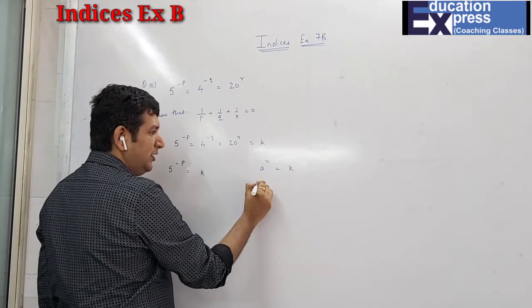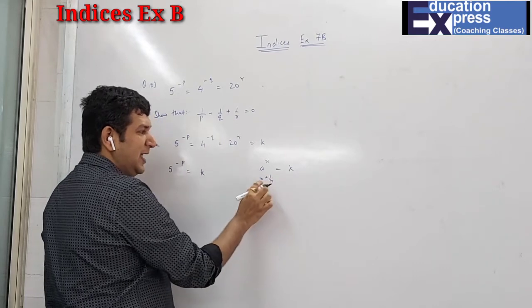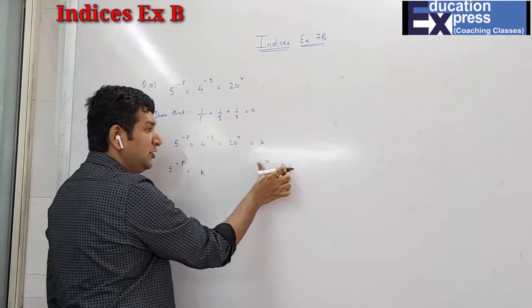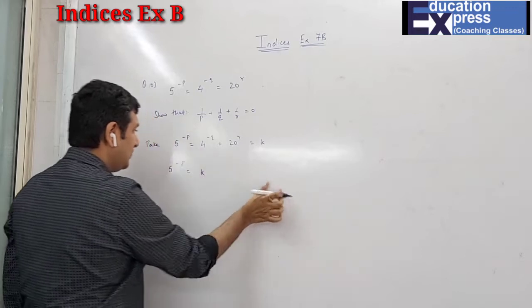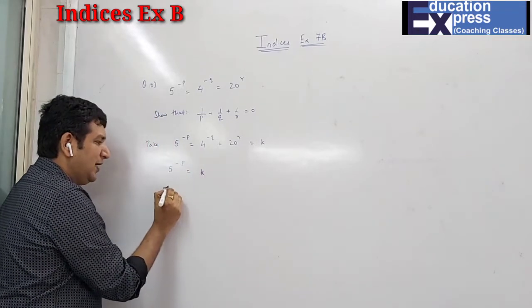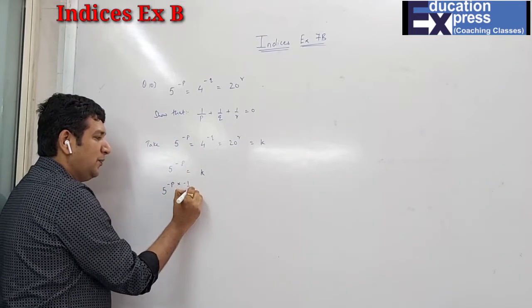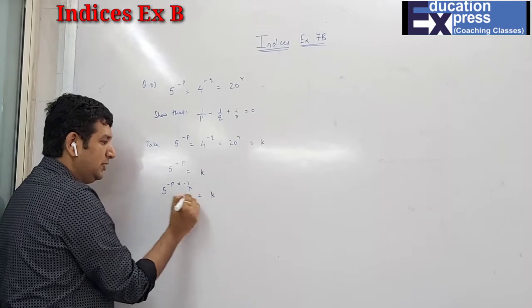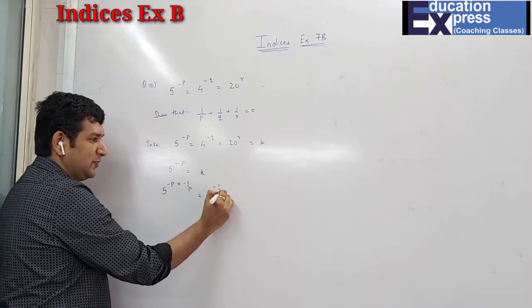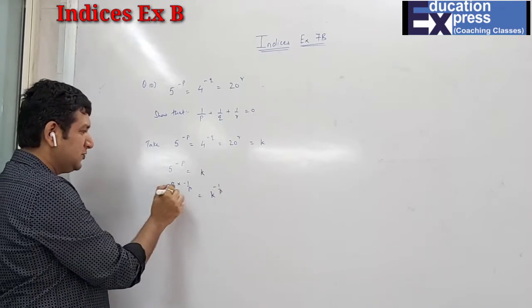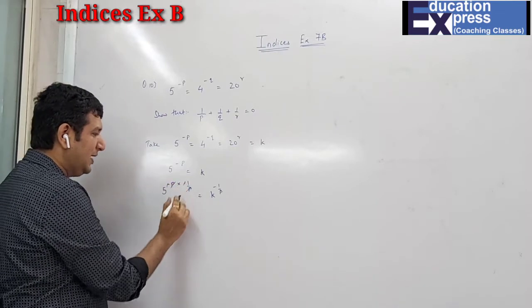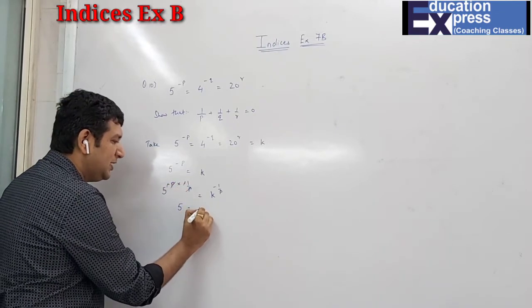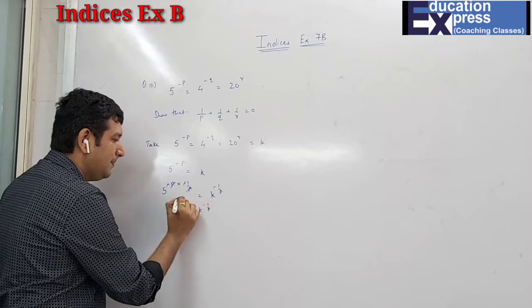So now if I want to take an x root, I will take 1 upon x. As well as positive, I have taken positive. Here students, you can see same to same, but negative is there. So 5 raised to minus p into minus 1 upon p is equal to k raised to minus 1 upon p, because your minus was there. So minus will get cancelled, p will get cancelled, and 5 ka value is k raised to minus 1 upon p.